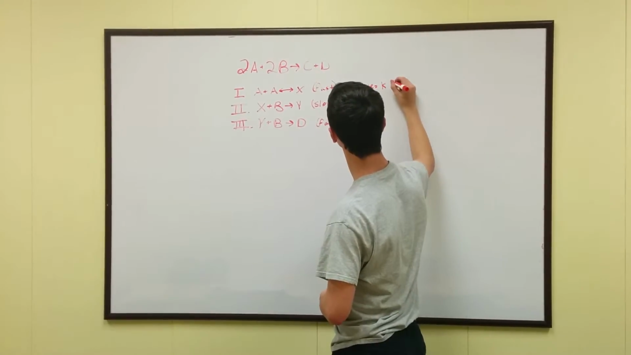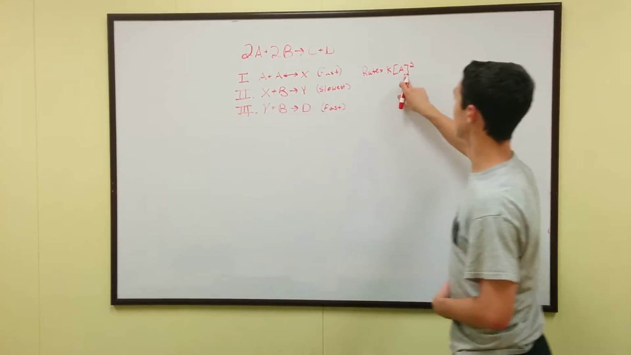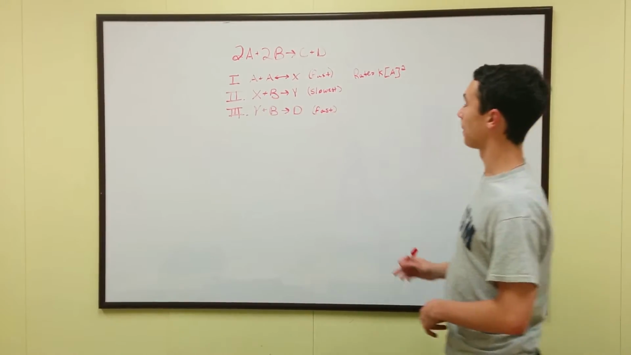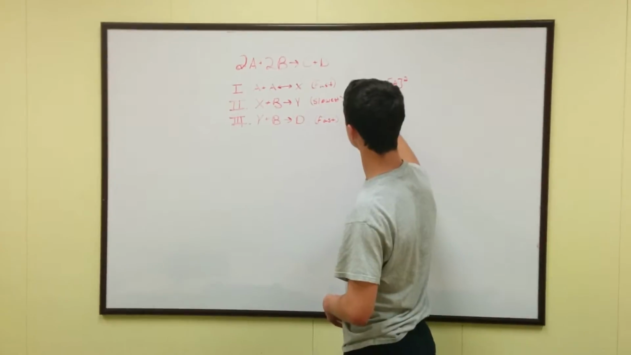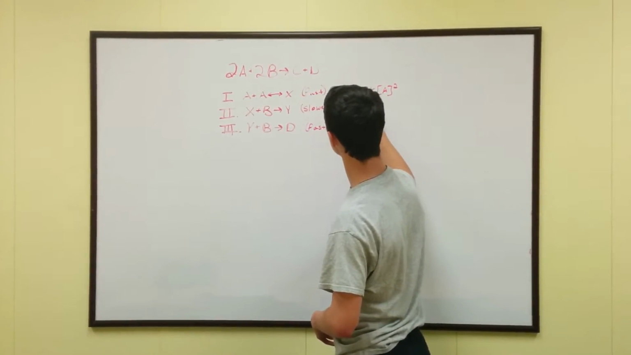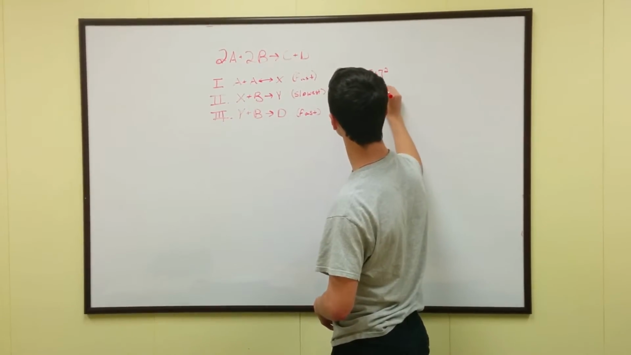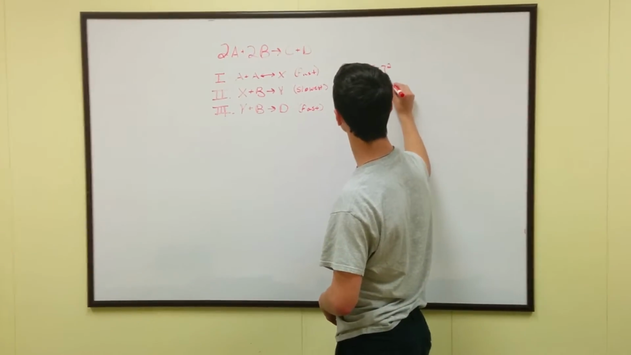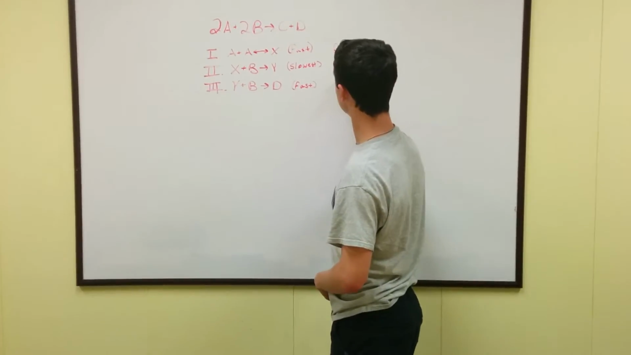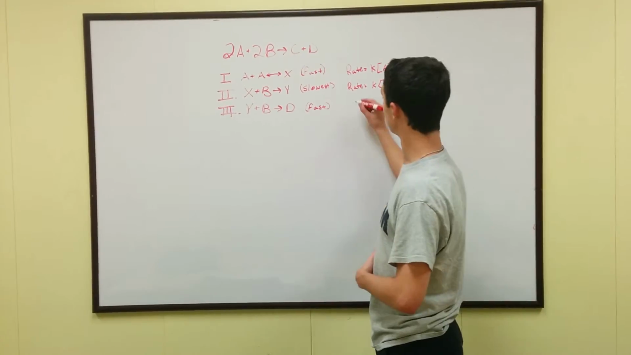So for the first rate law, we would have the rate equals k times [A]², because it's second order with regards to A. For the second elementary step, the rate law would be k [X][B]. And then the third rate law for the third elementary step would be